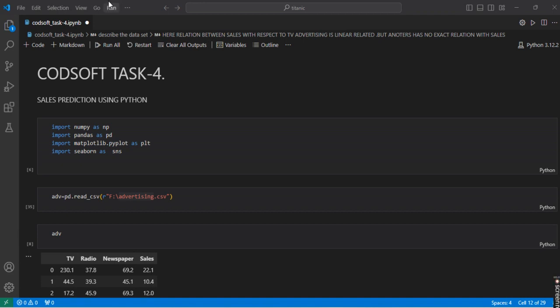Hello, I am Riganku Haldar, and now I am pursuing my MSc from Benares Hindu University in Statistics and Computing, and I am doing an internship program from Cosoft. This is my task 4, that is the sales prediction problem. I downloaded a dataset from the Kaggle website, and I completed my task in VS Code